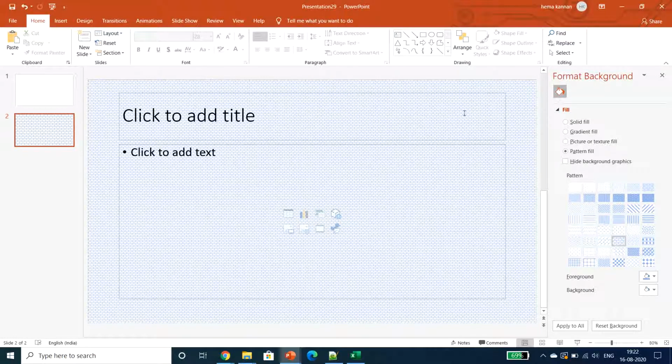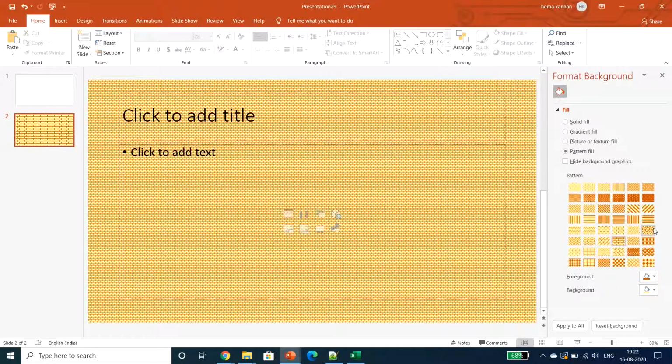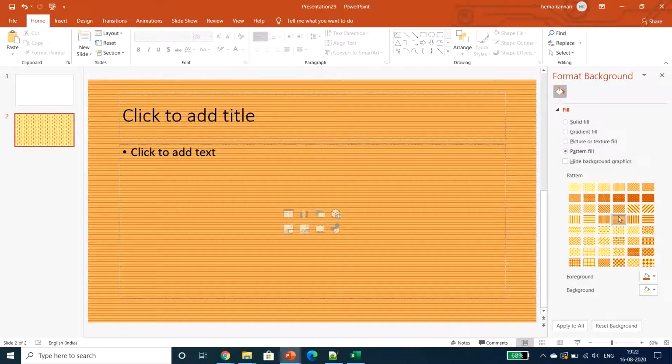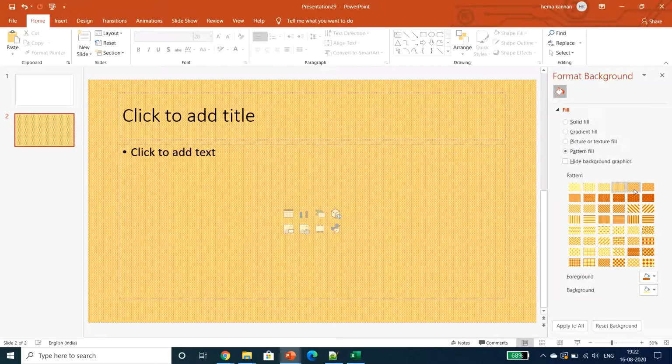Here, if you take this pattern, the foreground color is blue and the background is white. But if we don't need this color, we can change the foreground color to some other one and the background as well. In this way I can change the pattern for the format background option also.